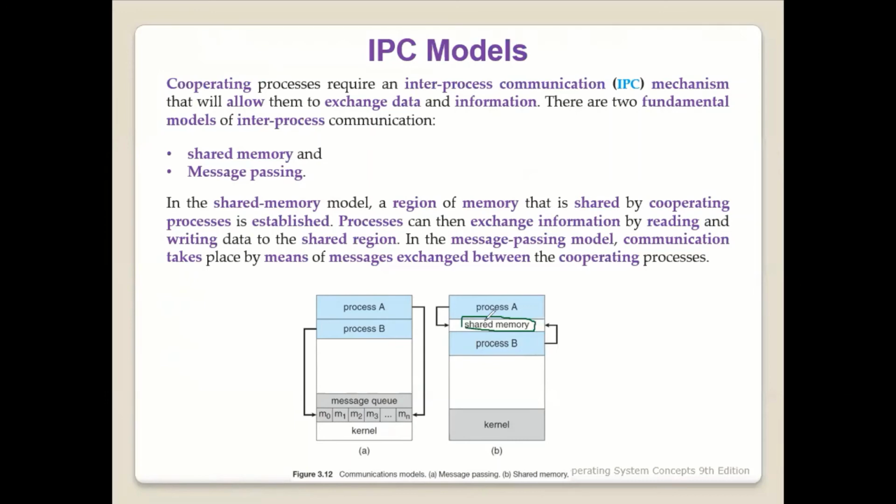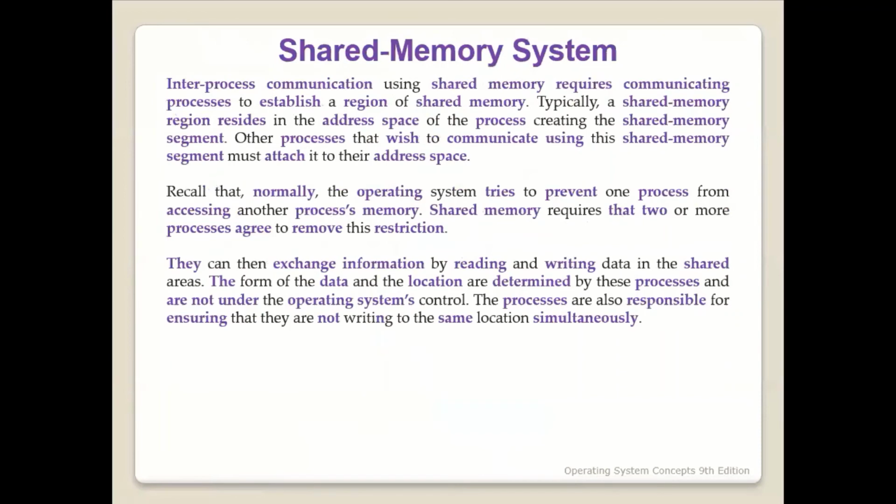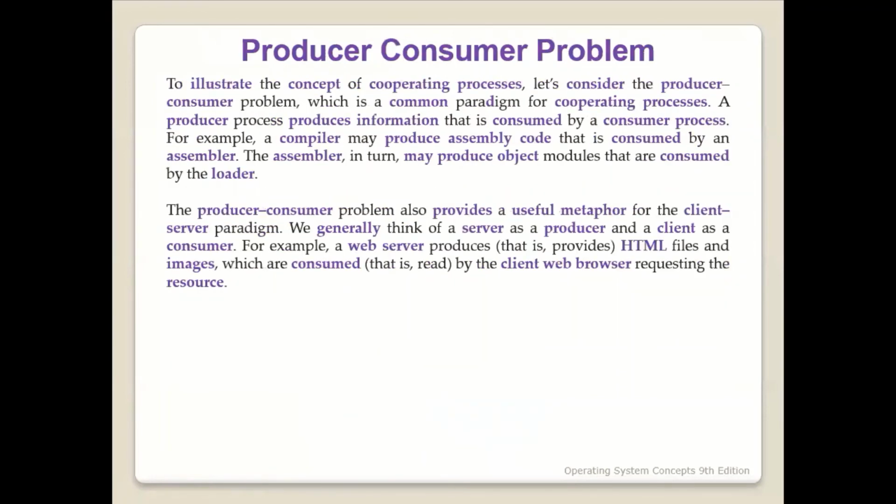Another way is message passing. It means process A sends a message and process B sends a message, and using message passing, the messages are exchanged between the cooperating processes. We will see the message passing in detail after a while. We already discussed this shared memory concept. Let's move on to the